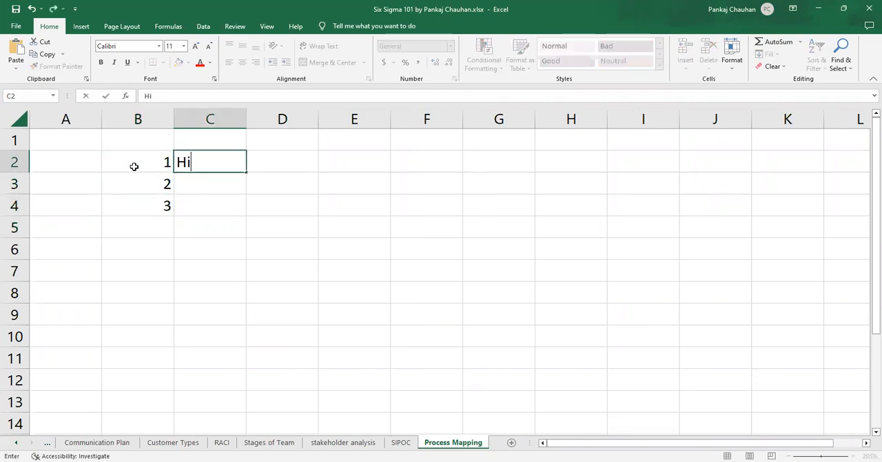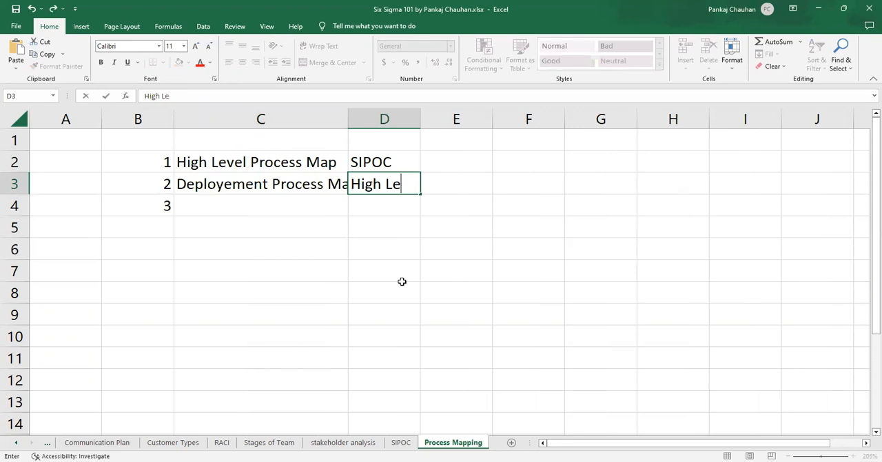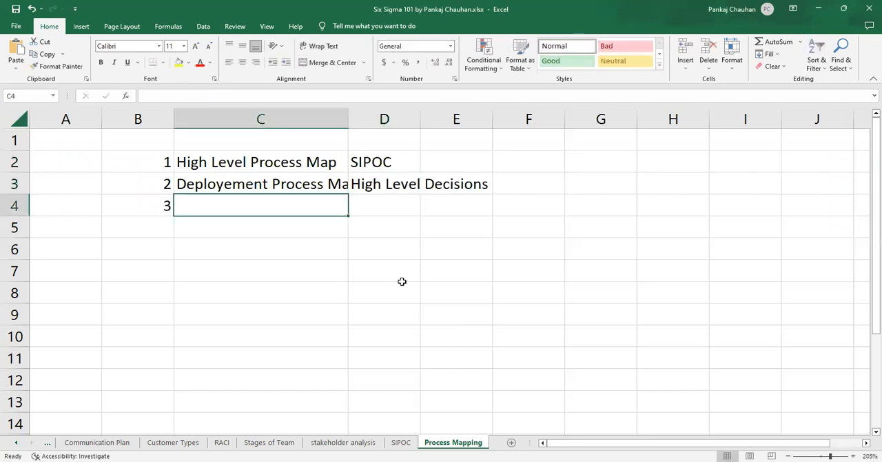First is the high level process map, which we represent with the SIPOC as well, or the process flow. Second is called a deployment process map, when you are taking a very high level, main decision. And the third one is the detailed process map. Sometimes this is also represented by the swim lane as well,